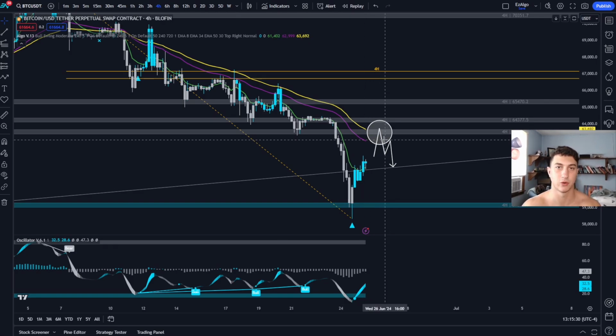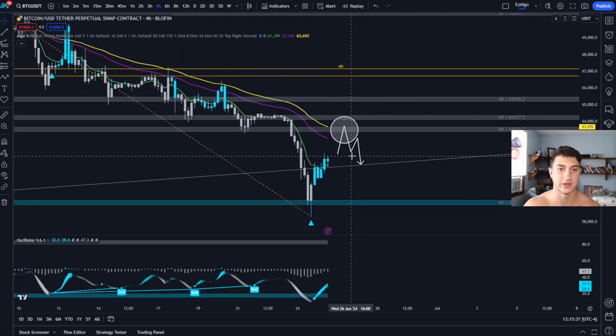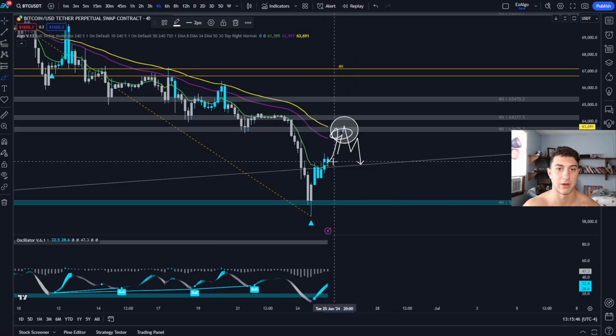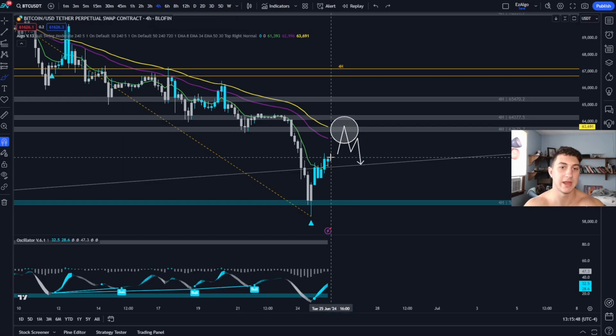Now the 8 is for shorter term trend flips. For example, if price is breaking the 8 EMA, I would say, okay, at this point, I would expect price to continue up into the 8 and the 34 EMA, right? If we get a strong close above. So that's the main reason I use the 8 EMA, but really I like to use the 34 and the 50 EMA, and this is across any time frame. Of course, this is going to be more respected on a 4-hour and above time frame. I wouldn't really be using 1-hour EMAs. I like to use a 4-hour, 12-hour, and daily is probably your best bet when you're using these EMAs